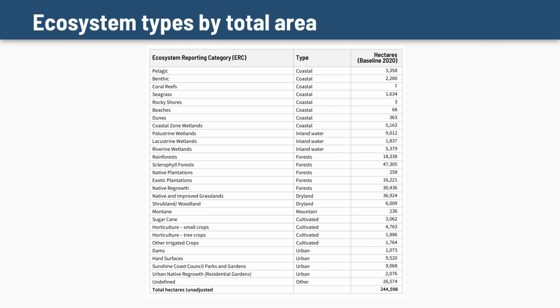10 meter by 10 meter cells that contain the different ecosystem types, and here's an indication of the total spatial extent of each of those different ecosystem types. So for instance, you can see sclerophyll forests here, 47,305 hectares. Obviously a very large proportion of the entire area. Native and improved grassland, similarly 36,924 hectares, and so on. So it gives you an indication about the relative size of each of the different ecosystem